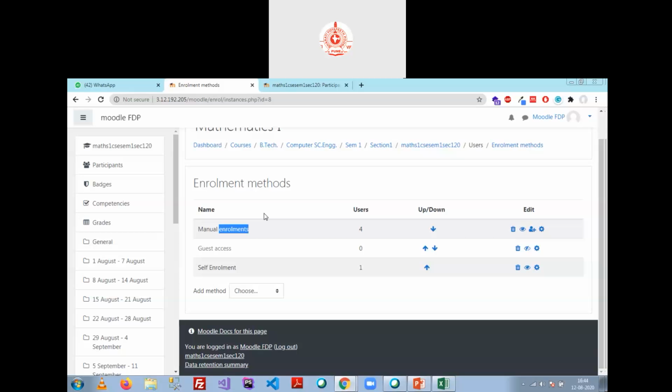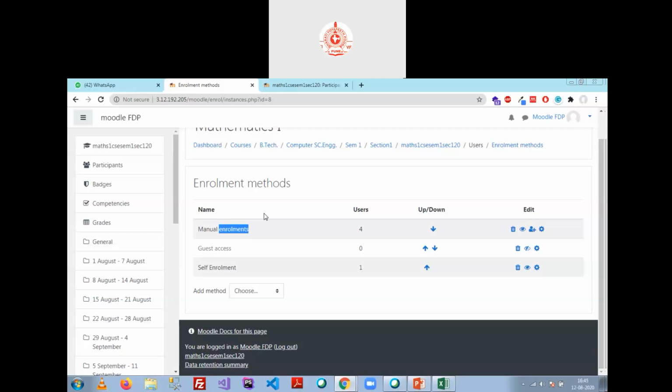The problem is this: suppose in the first year, for the university kind of syllabus, not for an autonomous institute, this will become a big question for university affiliated institutes. In the first year, suppose there are only 5 subjects, and all the students need to participate in all those courses.